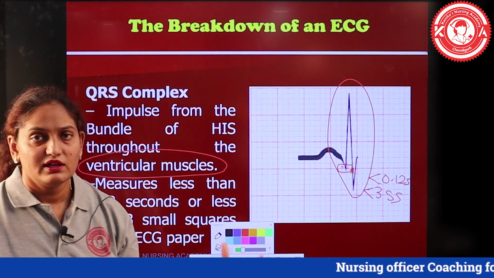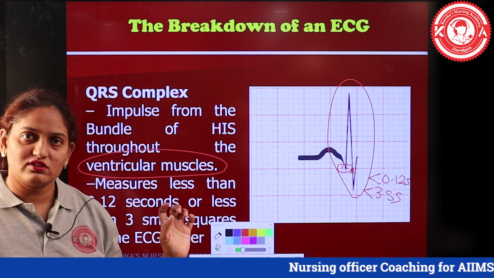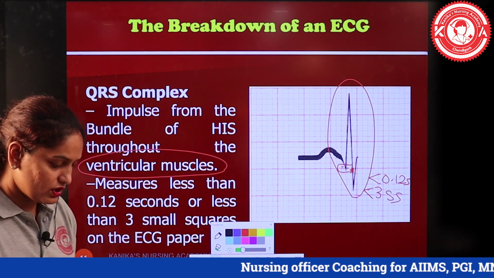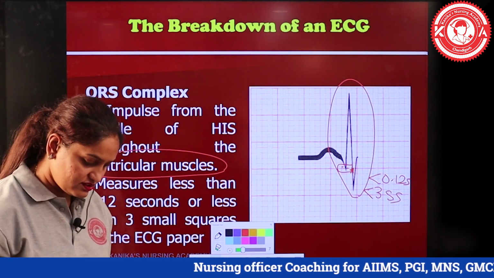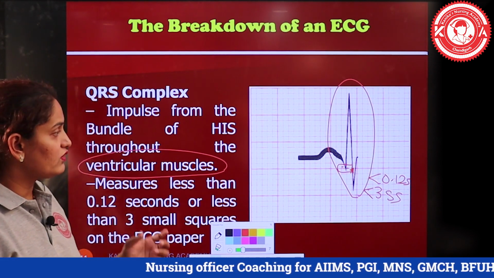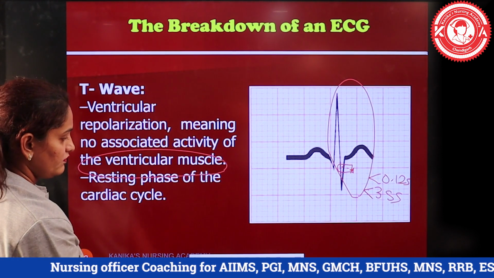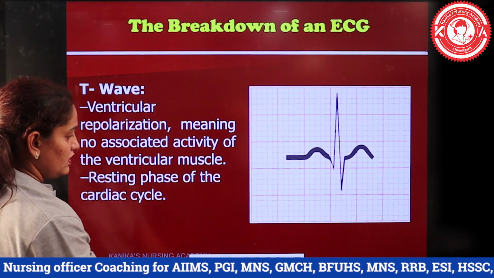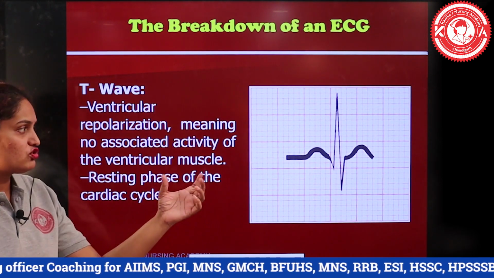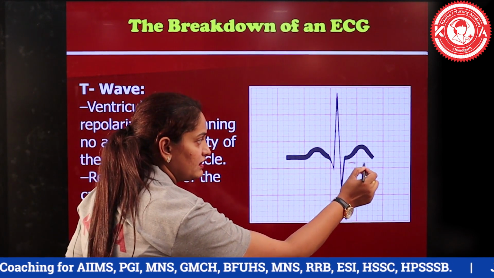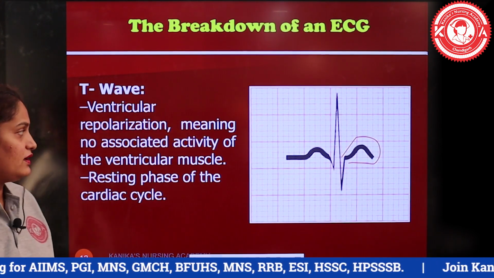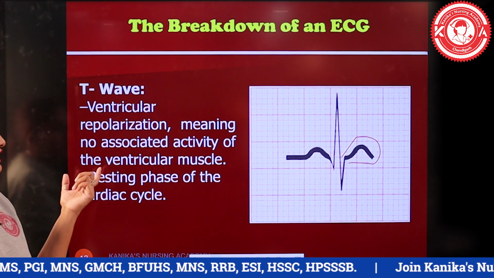So it is getting less than 3 small squares, which is the normal duration of the ventricular contraction. Okay, so this is how we can determine whether it is a normal or an abnormal waveform. Moving ahead, the T wave shows that the ventricles are repolarizing and there is no associated electrical activity